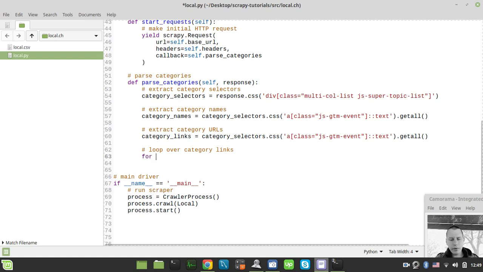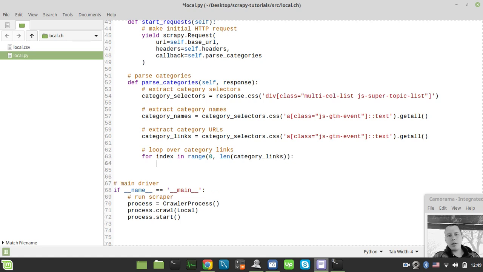So I say for index in range from 0 to the length of let's say category links, and before making any requests I just want to first print